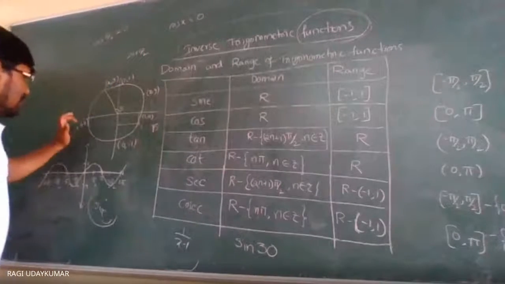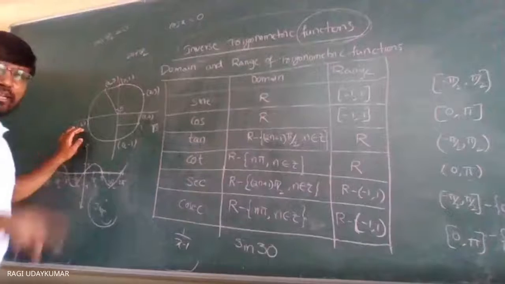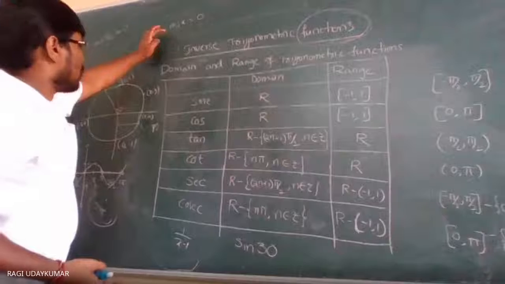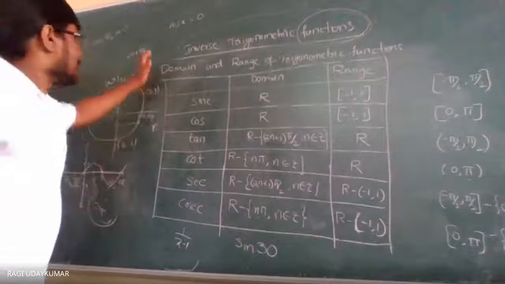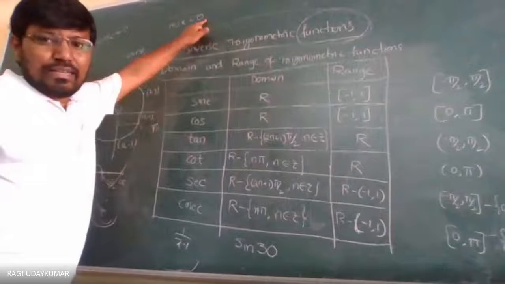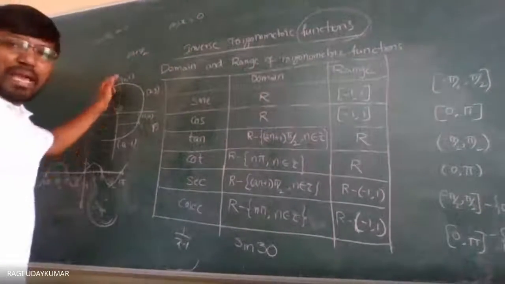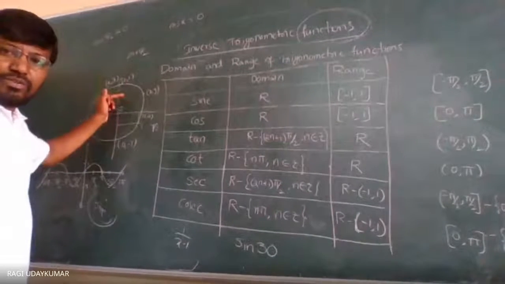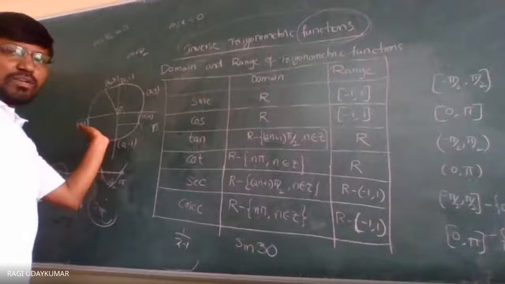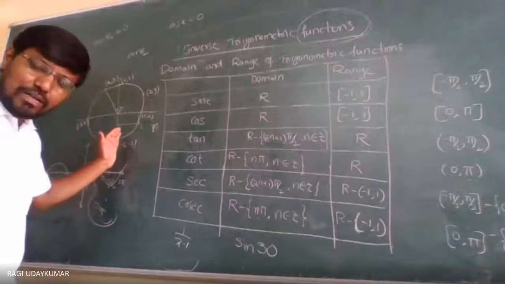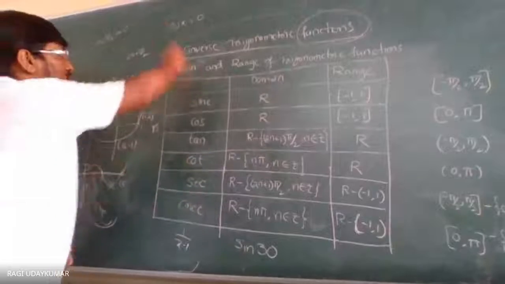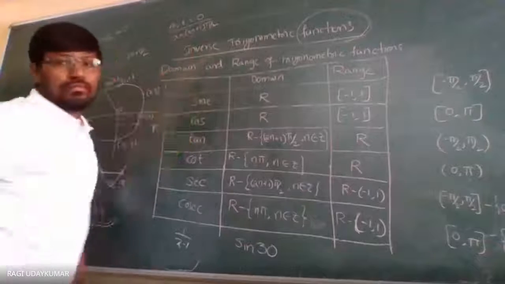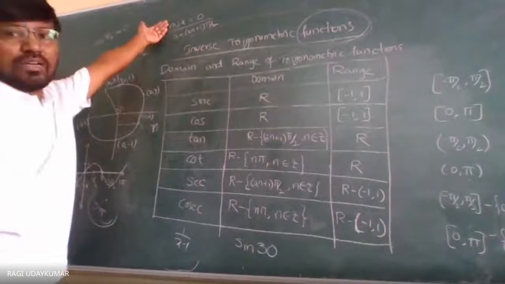You people will normally give pi, 180 degrees. Sorry, cos x is equal to 0, means where does it become 0? It becomes 0 at pi by 2, 3 pi by 2, 5 pi by 2, 7 pi by 2, means odd number into pi by 2. Then what is the solution of this one? x is equal to 2n plus 1 pi by 2. Cos becomes 0 at this place.